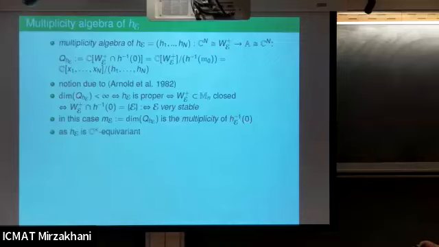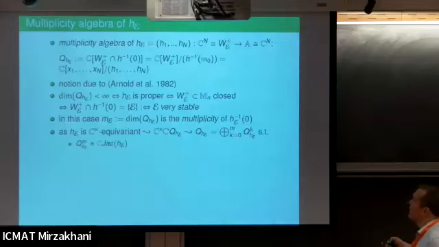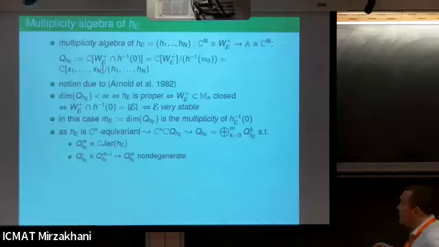Moreover, this Hitchin map is C star equivariant, so there will be a C star grading on this algebra. So C star will act on the multiplicity algebra, and this will be a graded algebra, and here will be some gradings. And the top grading will be one-dimensional, generated by the Jacobian of the Hitchin map in these coordinates. The pairing between opposite degree parts will be non-degenerate, so it is what we call a Poincare duality ring.